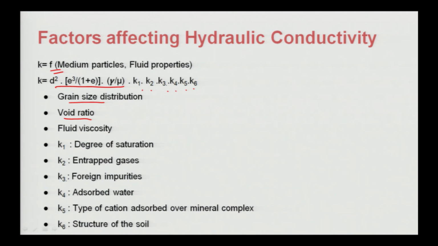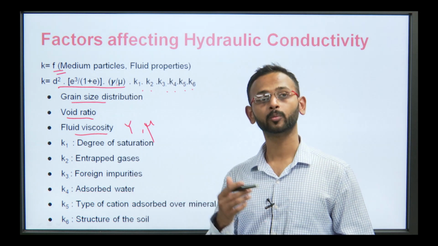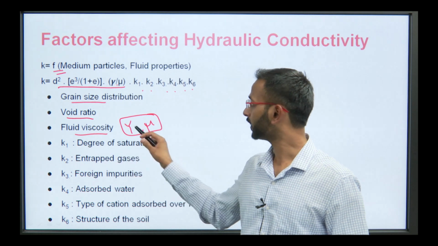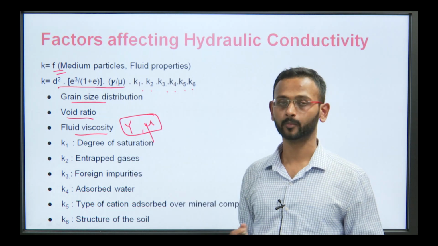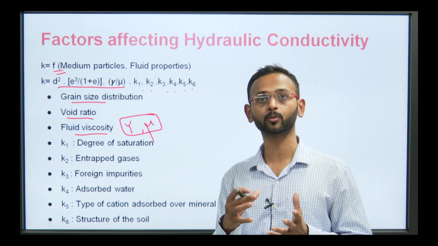it will allow the water to pass through the soil, through the medium. Then we talk about the fluid viscosity, that is noted by this gamma and this kinematic viscosity. So, the viscosity of the fluid will also be affecting it. If water flows or if you try to pass honey, there will be a different aspect here. That is gamma and mu, the unit weight of that fluid and the viscosity of that fluid will also be affecting the permeability, that is the ability of the medium to pass fluid through.